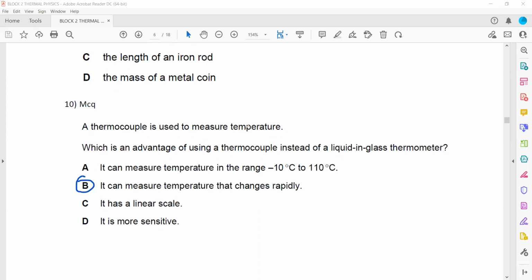Liquid in a glass thermometer can be sensitive. They can have a linear scale, but they cannot measure the temperature rapidly. The liquid will take some time to transfer the heat energy. That's why liquid